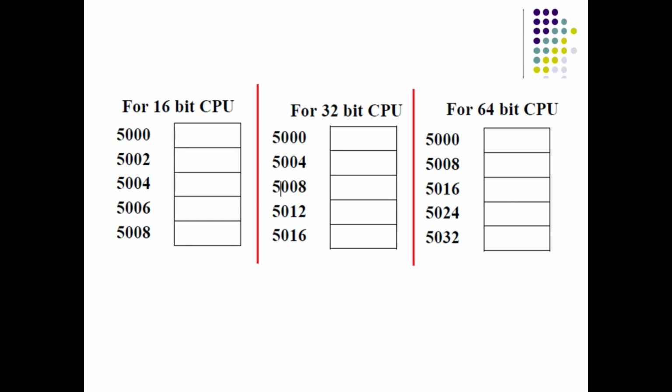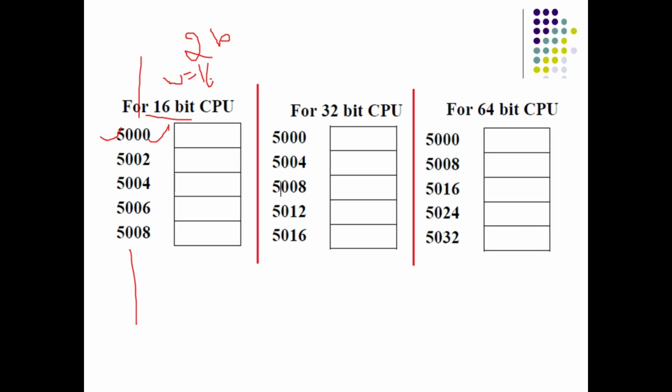Here he has given a few more examples to make you understand. You might say addresses are not starting from 0. No, this is a memory where addresses start from 0, but we have taken a random part of the memory. There is memory upward here and memory downward here. Now, what is a 16-bit processor? It means its word length is 16 bits. See how they use word length in different ways. So when you say 16-bit CPU, that means W equals 16 bits, which is 2 bytes.